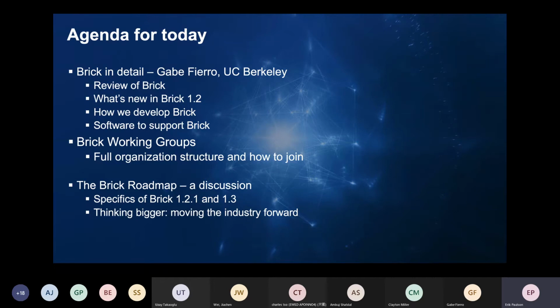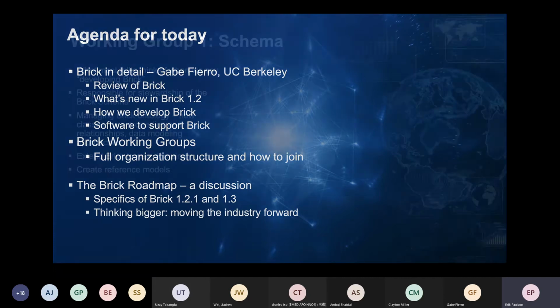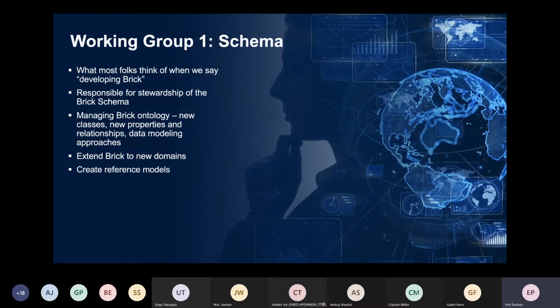And as we are starting to grow this group, we're going to reorganize ourselves just a little bit into a set of working groups. And so I'm going to jump right into the working groups here. We've got four working groups that we think we're going to spin up, two of which are pretty familiar, two more of which are maybe a little newer to the group, so we're going to present all of them here. And the first group is what we're calling the Schema working group.